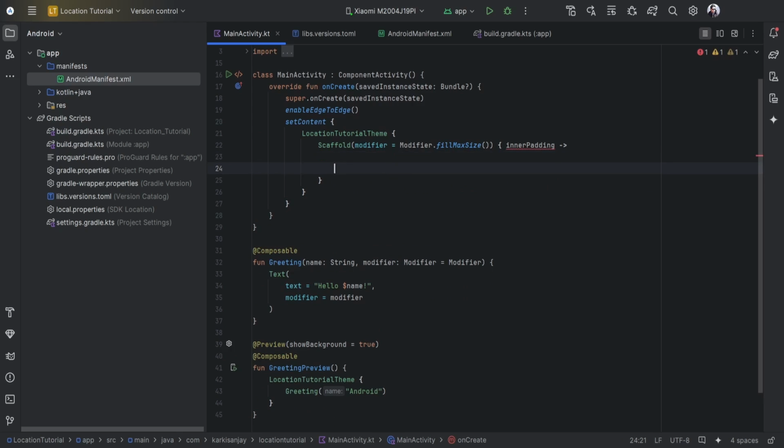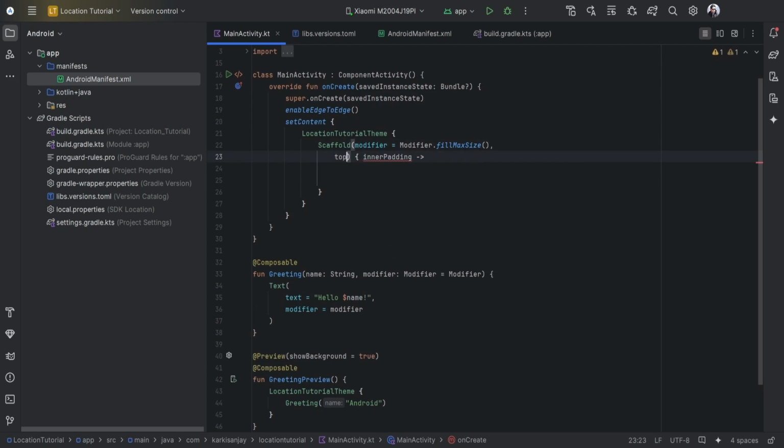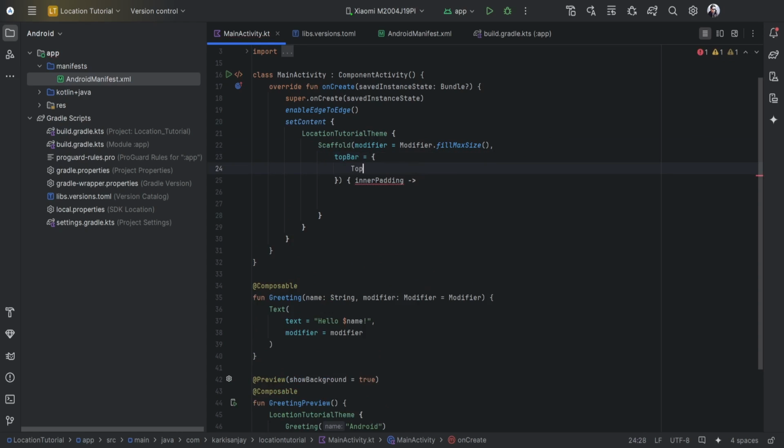So let's first design our scaffold. Let's add app bar also here. We don't require the top app bar at all for this tutorial, but let's add it anyway. So let's add a title, let's say Location Tutorial,